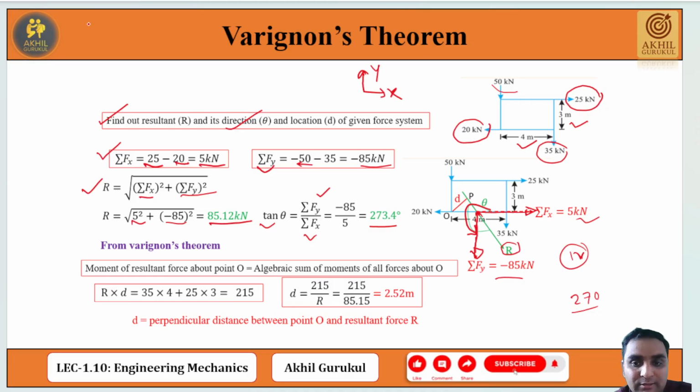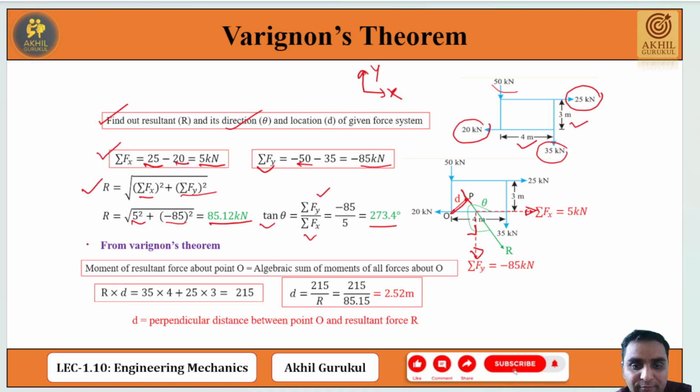Then last is, what is the location of resultant. हम लोग क्या करेंगे, लोकेशन ऑफ रिजल्टेंट फाइंड करने के लिए हम लोग क्या करेंगे, ओ से एक परपेंडिकुलर ड्रॉ किए लाइन ऑफ एक्शन ऑफ रिजल्टेंट के ऊपर। मैंने ओ से एक परपेंडिकुलर ड्रॉ किया जो पॉइंट पी है, और ओपी हमारा जो है डी का जो लेंथ है डी है.